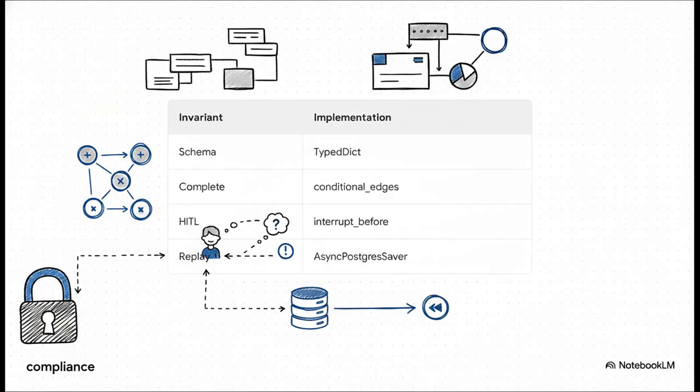Okay, let's look at section 4, wiring the LangGraph workflow. It's actually amazing how these abstract compliance concepts map one-to-one with explicit LangGraph primitives in version 1.2.0. Your typed schema becomes an AML state class using TypedDict or Pydantic. State machine completeness is enforced by using add_conditional_edges and exhaustively mapping keys for every possible outcome. The HITL escape valve is literally just the interrupt_before argument on your graph compile, and checkpoint determinism is achieved by wiring an AsyncPostgresSaver directly to your production database. In this world, the code literally is the compliance.